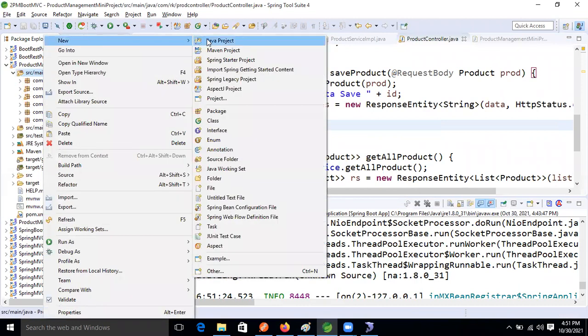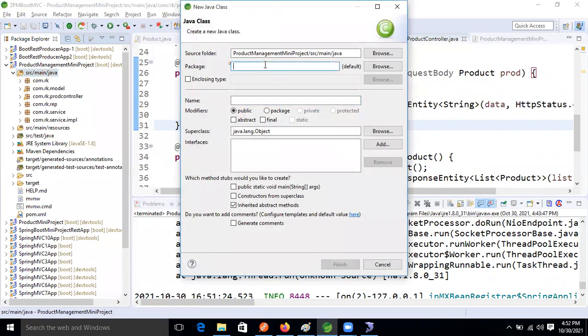Okay, so may I know how many types of exception there are, guys? Two types. Checked and unchecked. Yes, but here we are going to implement an unchecked exception in our application, guys. A checked exception we must handle.